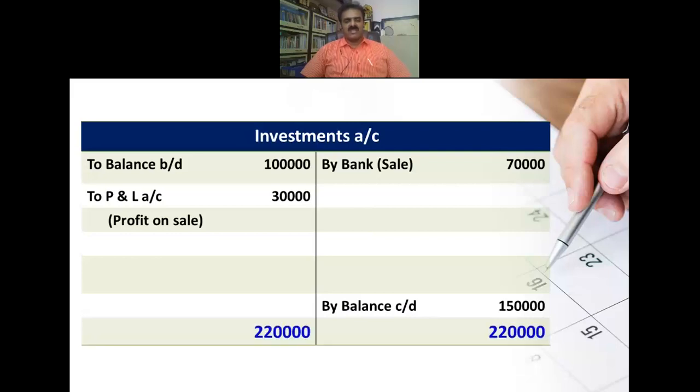Close the account. Total is 2,20,000 rupees and the debit side is higher, so the balancing figure appears on the debit side. So that is called purchase of investments. That is investment made during the year to the tune of 90,000 rupees. This is called purchase of investments, and again it will come in the fund flow statement as outflow of fund. That's called application. That is this adjustment pertaining to investments.